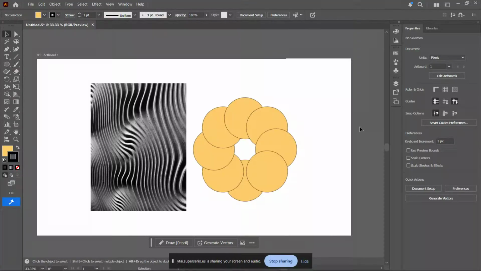In today's video, I'm going to show you exactly how to apply textures using Adobe Illustrator so you can create distressed typography, grunge effects, and professional textured designs in just a few minutes. This method works perfectly for text, logos, shapes, and illustrations, and once you understand it, you can use it for